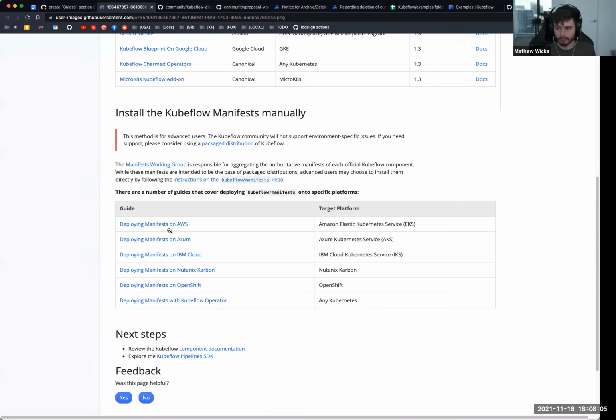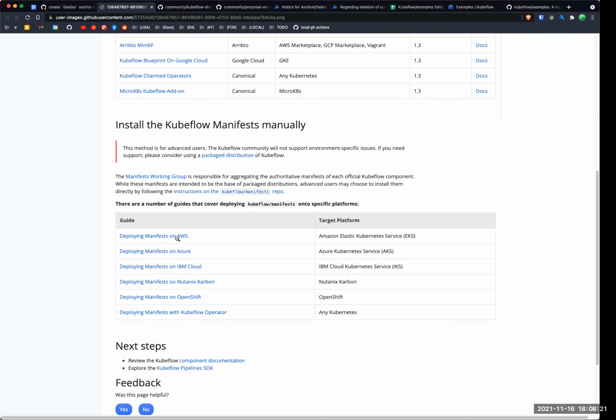Yeah. It was like, in a sense, our instructions were deploy Kubeflow on IBM Cloud, right? And now this is being changed to deploy manifest on IBM Cloud. And I was trying to understand the reason why we are removing the word Kubeflow from it. Well, it was just cleaner, but we can make it just Kubeflow/manifest in code form like that, and it'll be super clear. Yeah, that's fine. That's perfect.